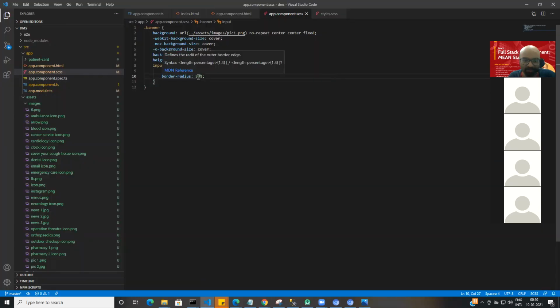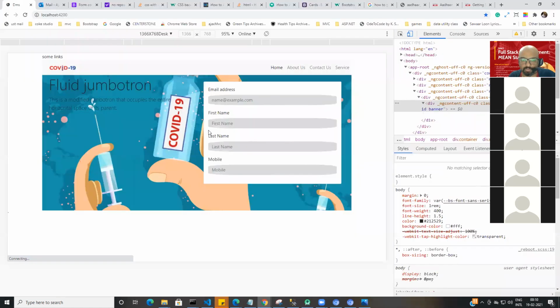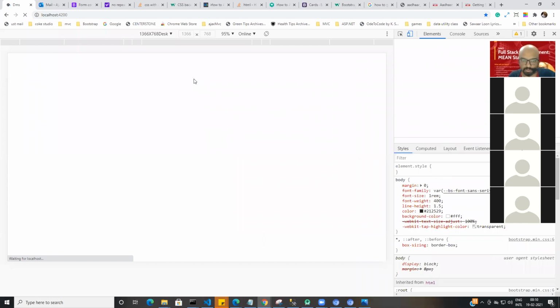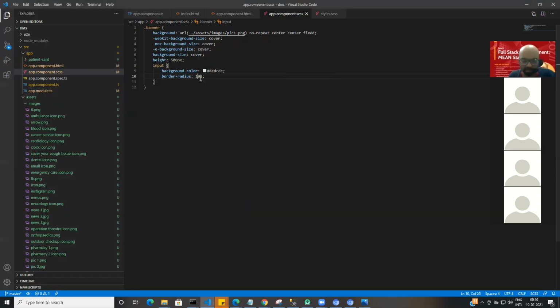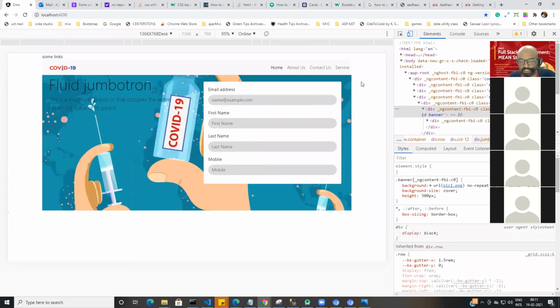So 50% is too much. Let's say 20%. No, 10%. Let's give 20 pixel and see if it works. Yeah, this looks a little nicer.